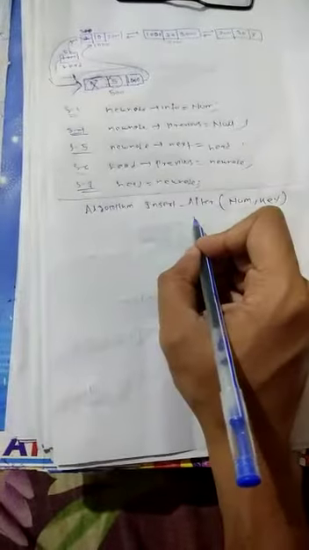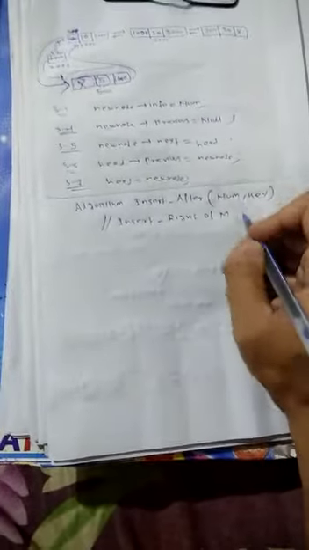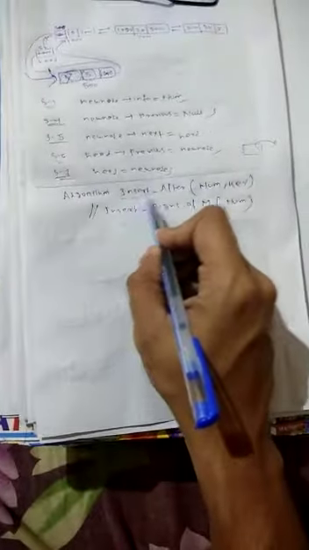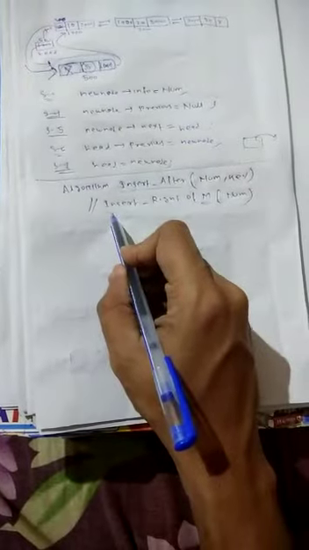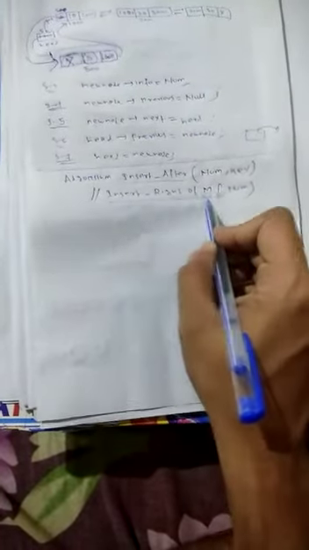This same algorithm is sometimes also called insert right of m. Some nodes are there. Insert right of m, and here we pass the num. This is the same as insert after. It means a node is given. Suppose m is a node. We have to insert a node right of m, which means insert after. Sometimes this is called insert after and sometimes it is written as insert right of m.